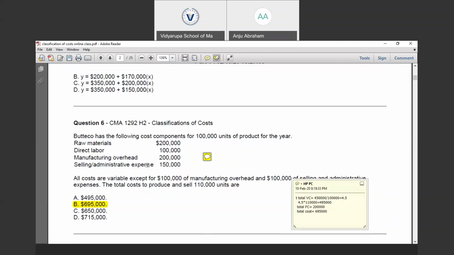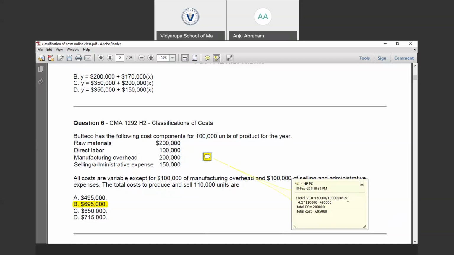And for selling and administrative expenses, 100,000 is fixed, so the remaining 50,000 will be variable. So the total variable cost will be 200,000 plus 100,000 plus 100,000 plus 50,000, which is 450,000 to produce 100,000 units. So for one unit, it is going to be 450,000 divided by 100,000, which is 4.5.